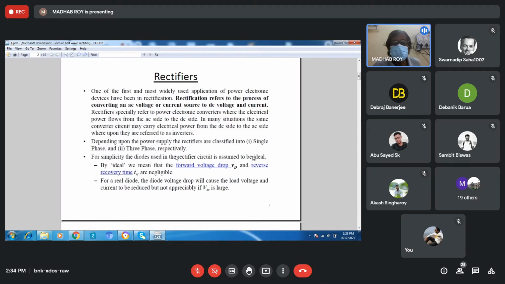And there is also some reverse recovery time. That means when the voltage applied to the diode switches from forward bias to reverse bias, the diode cannot instantaneously develop the reverse voltage. There should be some time. That is called the reverse recovery time, and it is basically associated with the rebuilding of the